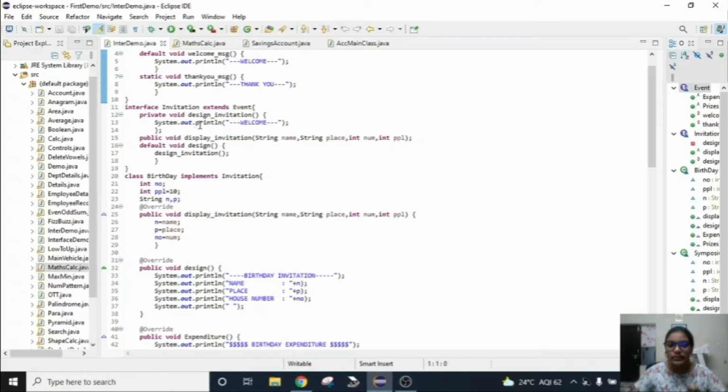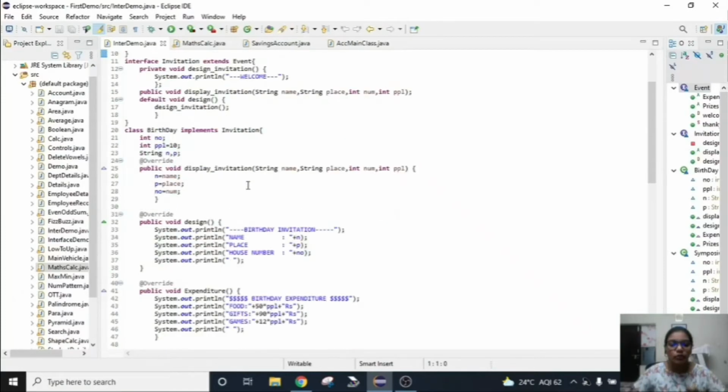Since private methods cannot be accessed by other classes outside this particular interface, we can't call them directly. So I have created another default method called design, in which I have called this private design invitation method. So using this default method, we can call it